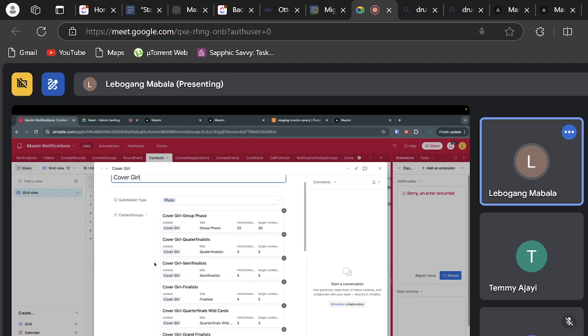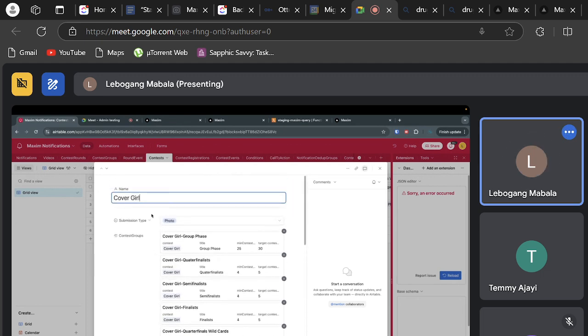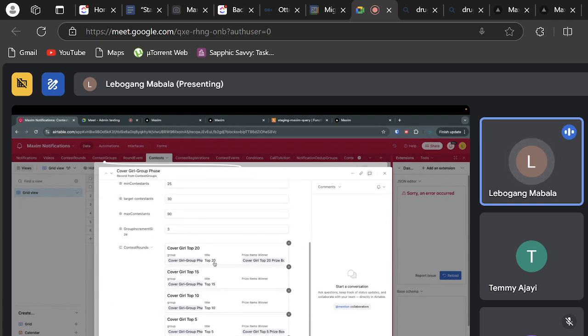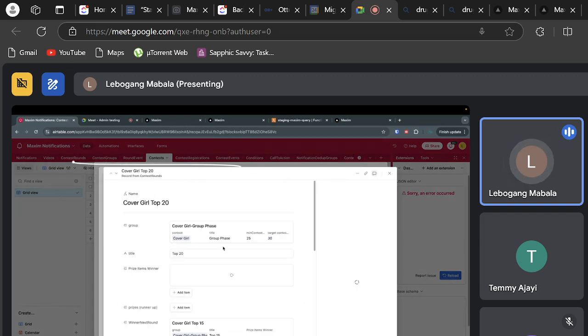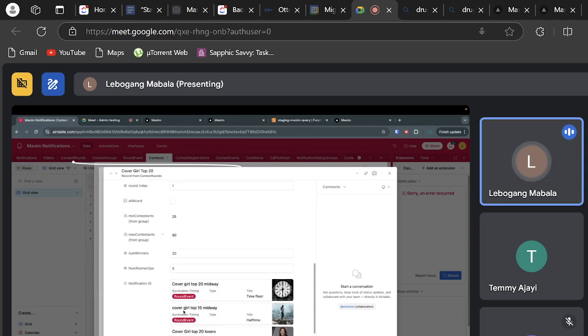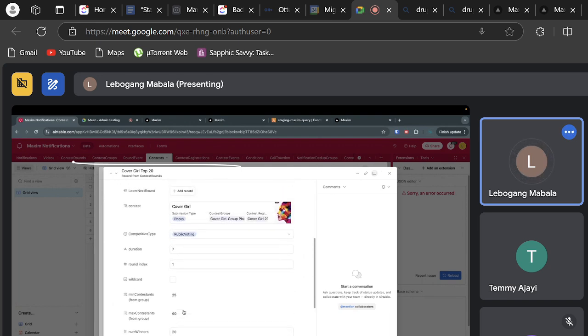You see, we have the group phase, right? We have cover girl and we have the group phase. And then if I go into this group, I can see the rounds for this group, right? And we have top 20, top 15, top 10, top 5, right? So here, the minimum contestants we need for top 20 is 20, right? Well, not 20.